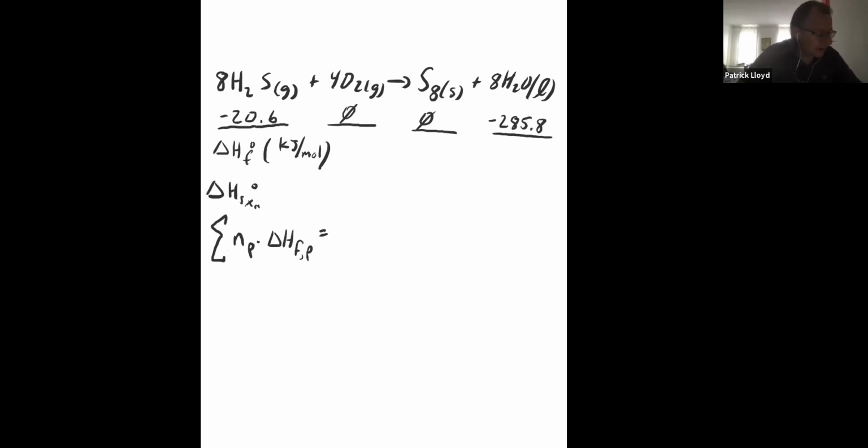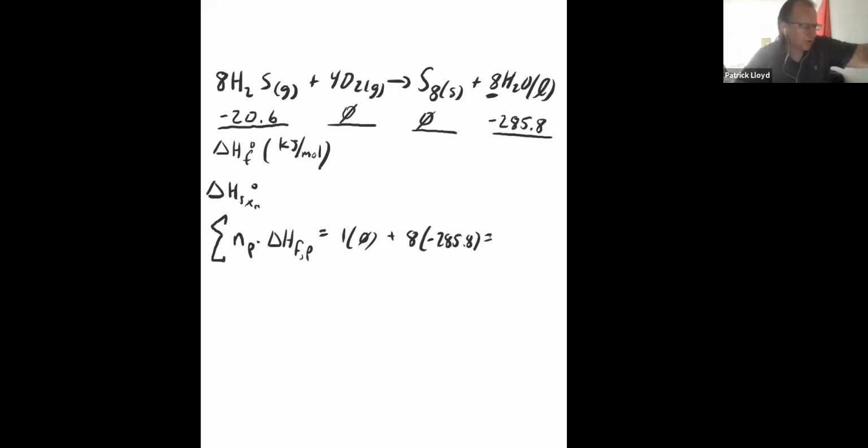It's balanced. The coefficient for S8 is 1, but the value is 0, right? 1 times 0 is going to give you 0. And then the coefficient here is 8, and the actual value is negative 285.8. So it's going to be 0 plus 8 times negative 285.8. So 8 times 285.8, but that's a negative. And you get negative